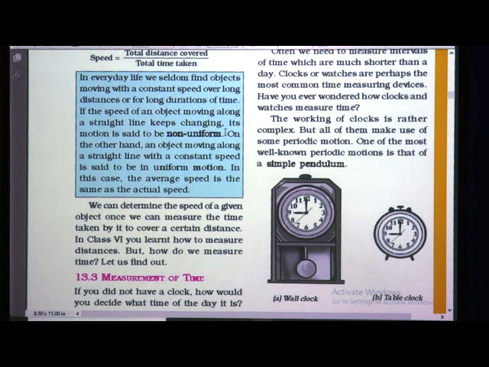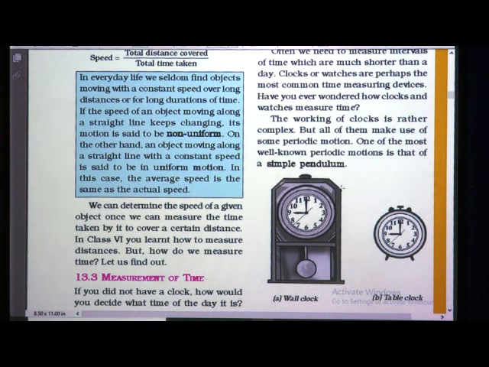Okay. Then we can determine the speed of a given object once we can measure the time taken by it to cover a certain distance. In 6th standard you learned about this. Whatever speed is given of an object, we can measure the time taken to cover a certain distance. Sometimes speed is given, so we have to measure time